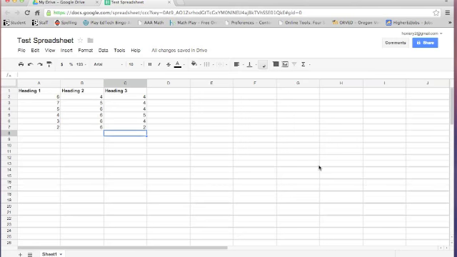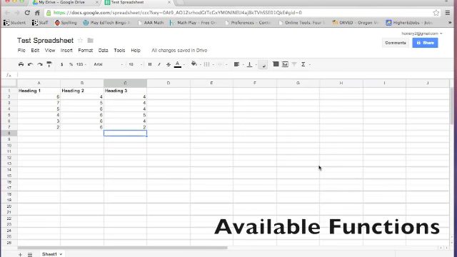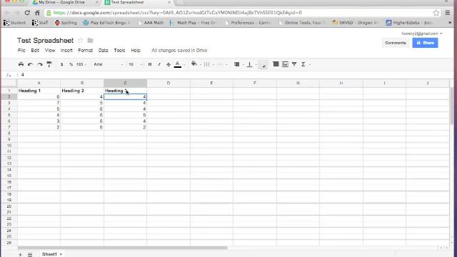Well, now that I've got these pieces of data in, I'm going to go ahead and take a look at some of the functions we have available to us. If I were to go to heading 3 and I were to select all of the cells there, I'm going to go up and take a look at some of the functions we have available with this information. With those cells highlighted,